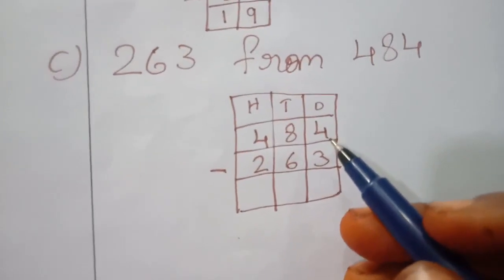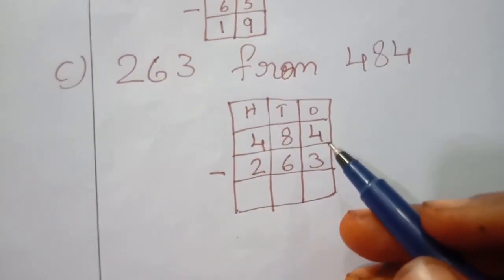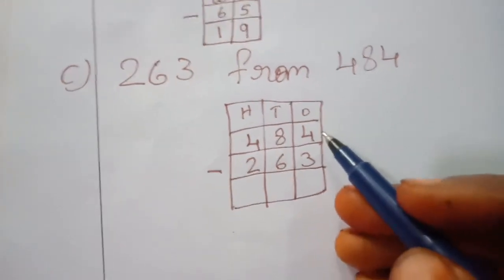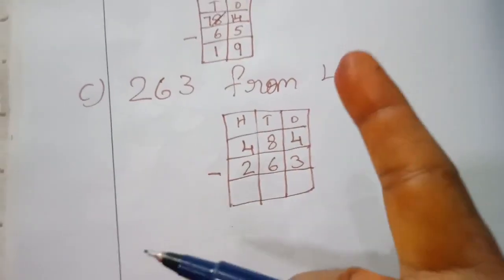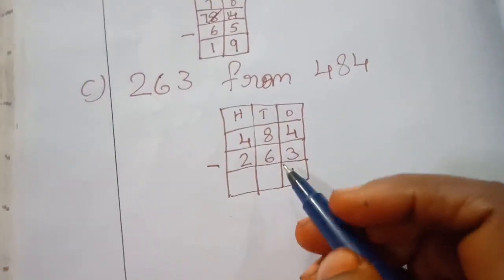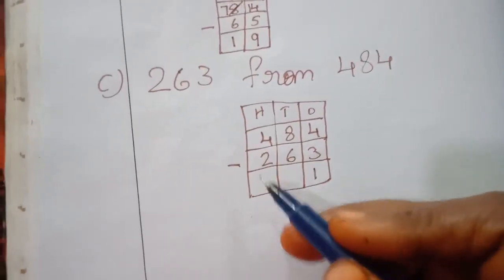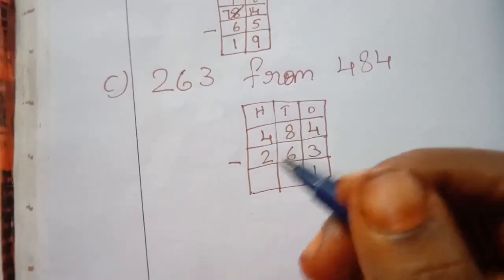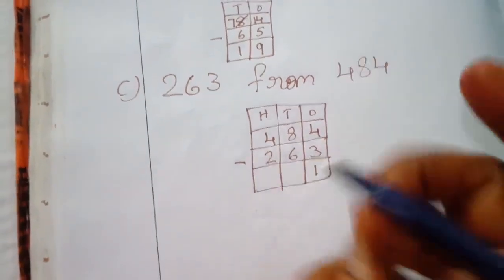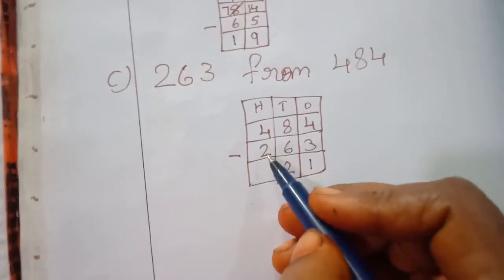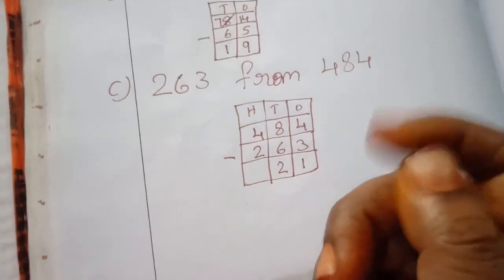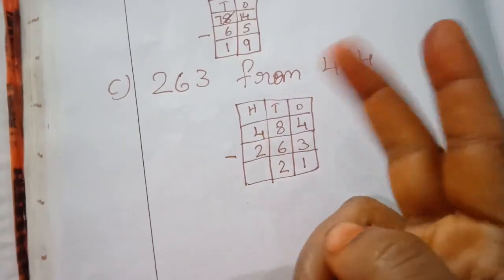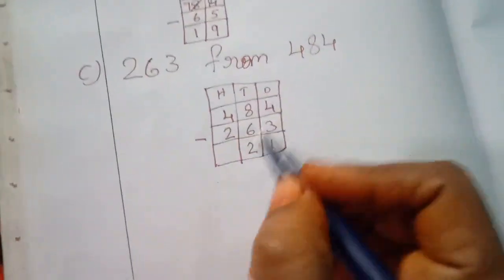In the first ones place you should subtract, as you already know the steps. Which step should you do first? Ones place. See, 4 minus 3. 3 after, up to 4 you should count. Only one finger. That one you should write here. Understood? Here 8, here 6. 6 after, up to 8 you should count. 6 after 7, 8. How many fingers came? 2. That 2 you should write here. Here 4, here 2. 2 after, up to 4 you should count: 2 after 3, 4. How many fingers came? 2 fingers. That 2 you should write here. Did you understand, children, what I am doing here?